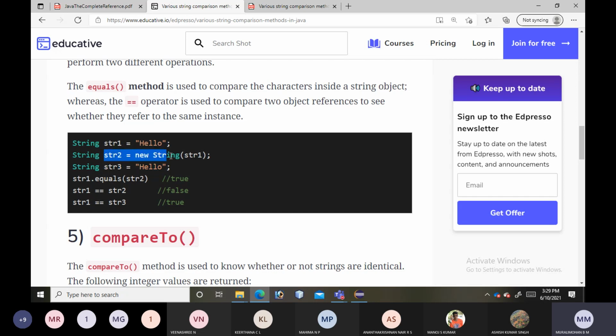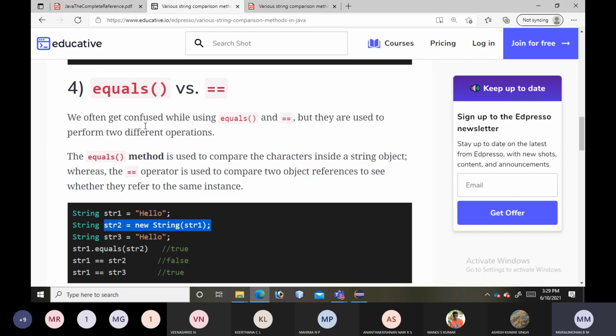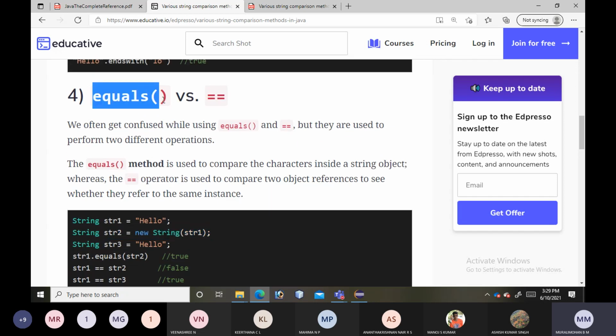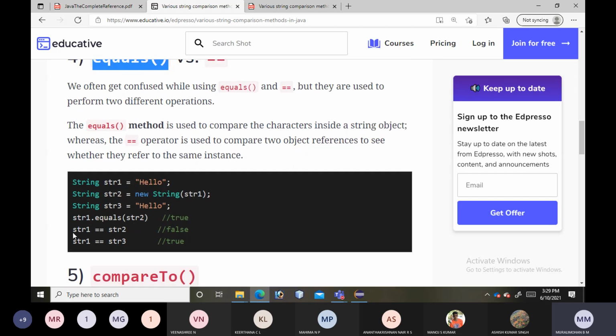Here we are constructing str2 from str1. With respect to the equals method, the contents of str1 are hello, and from this statement str2 is also hello. So with this method it should return true. So str1 dot equals of str2 returns true. What is the reason? Because the characters in str1 are exactly the same as the characters in str2. Hence it returns true.